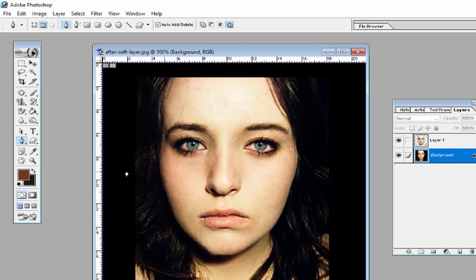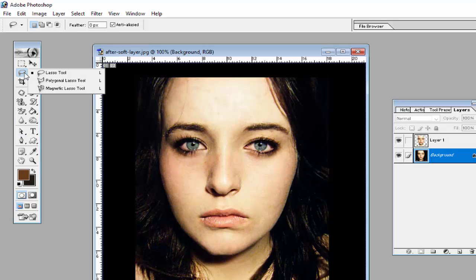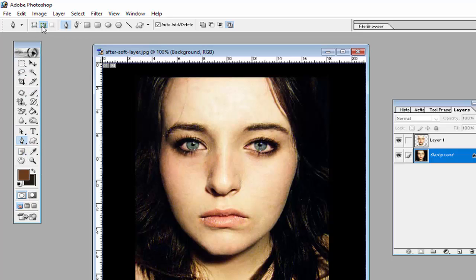So now again select the background, and now we will select the hair of this image with the pen tool, or you can use the lasso tool, polygonal lasso tool or magnetic lasso tool to select the hair, but we will use the pen tool and select the path option and then select the hair of this image with this tool like this. You should select this part very carefully so that we can change this part of hair, and similarly select another part from here using this pen tool.